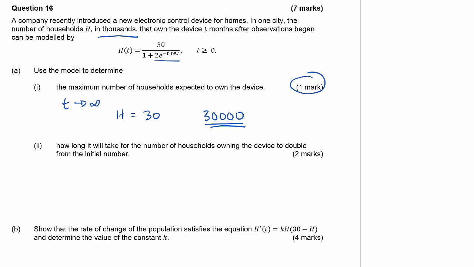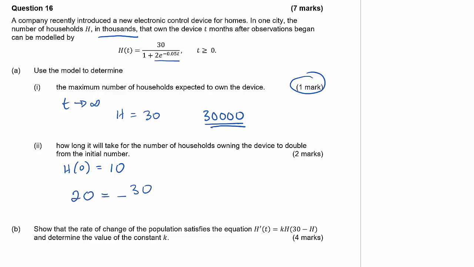How long will it take for the number of households owning the device to double from the initial number? So the initial number is H of 0. So e to the 0 is 1, so it's 30 over 1 plus 2, 30 over 3, which is 10. So what we need to solve is we're going to double the initial number, so we need to solve 20